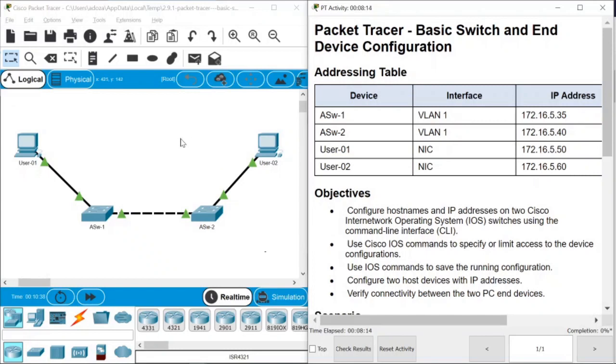Everybody, in this video I will show you how to do the packet tracer task from CCNA-I-v7. But at the beginning I would like to give you some general tips on how to do the practices and